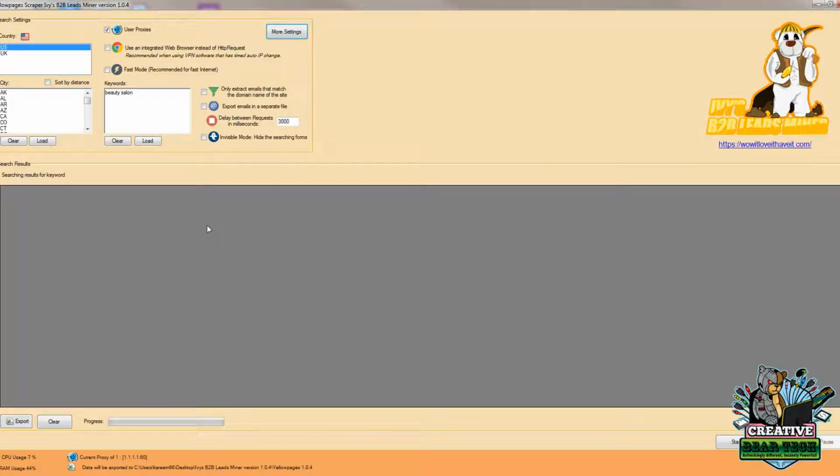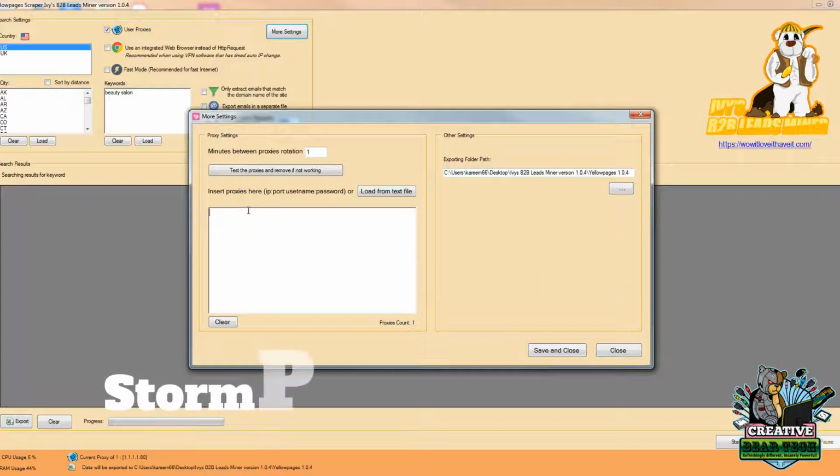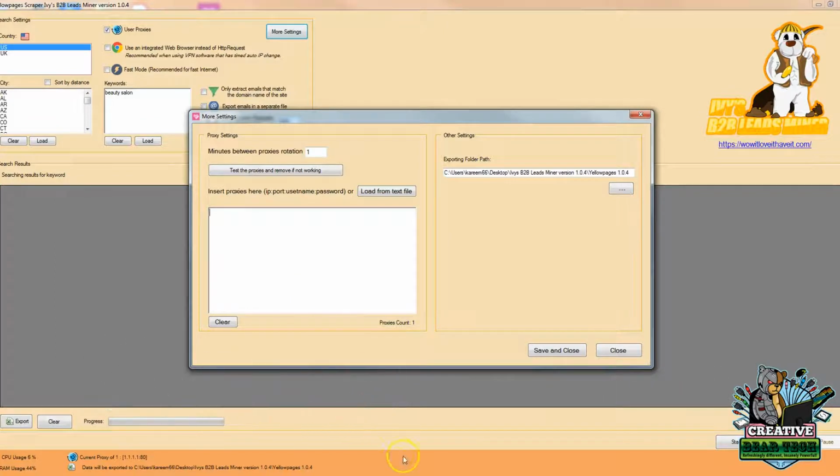set up our proxies. We can do this by going up to More Settings and then going to Proxy Settings. Now you can get proxies from websites like Storm Proxies or HashCell or various other ones on the internet. What we're going to do here is copy in some proxies to make sure that we're able to have a